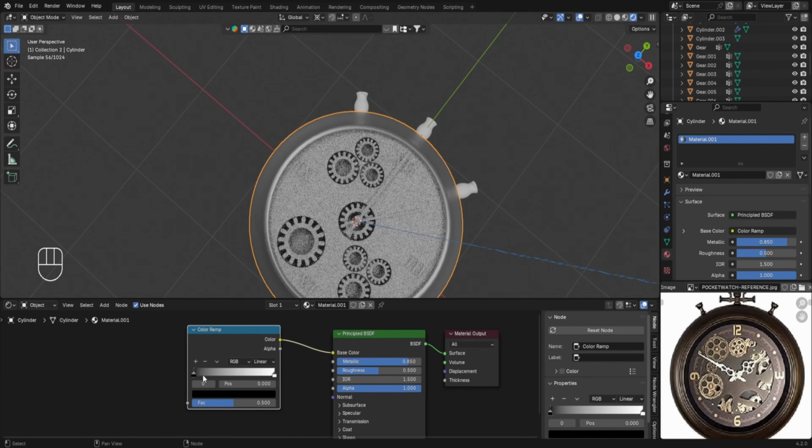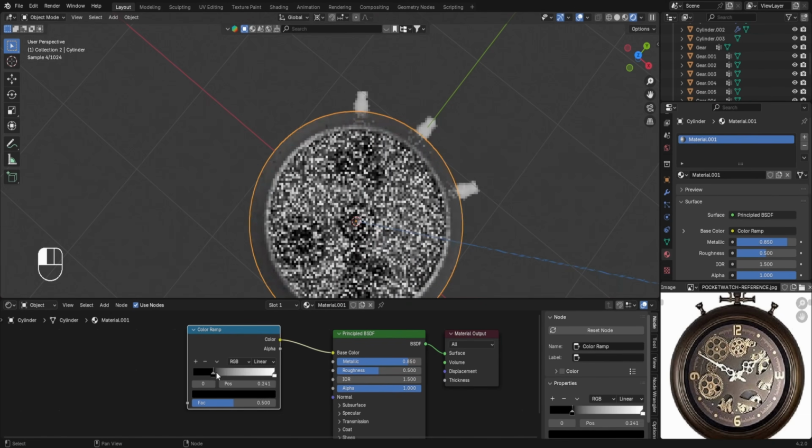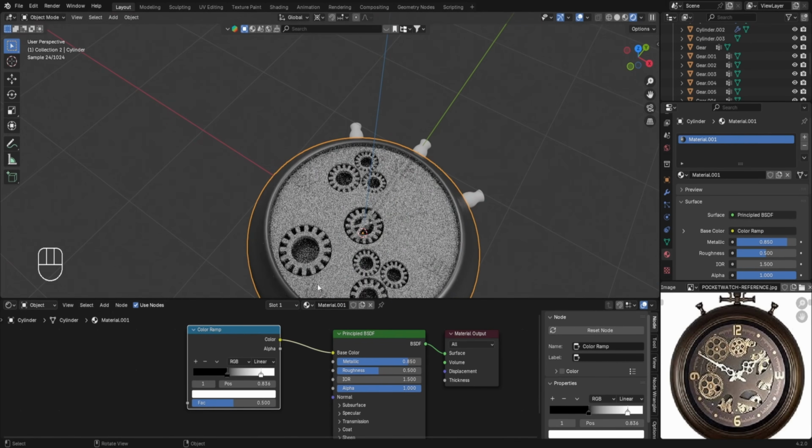Now to choose the colors, we are having these two pointers in which one of them is black colored and the other one is white colored. In fact, if I select any of the pointers and left click and drag it like this, then you will notice that the pointers will begin to move and the effect of their position will be seen on the color of the material. Now to give it a gold like color, I'll select this pointer which is black in color,